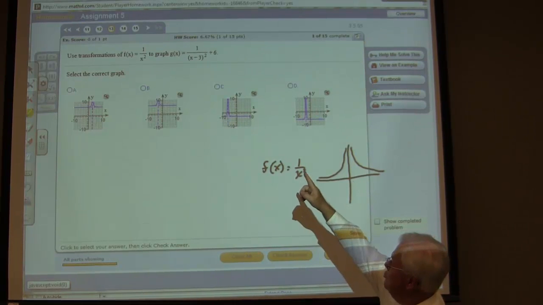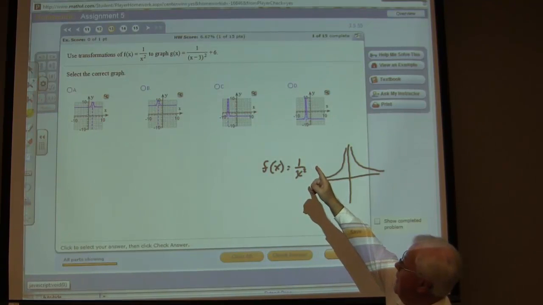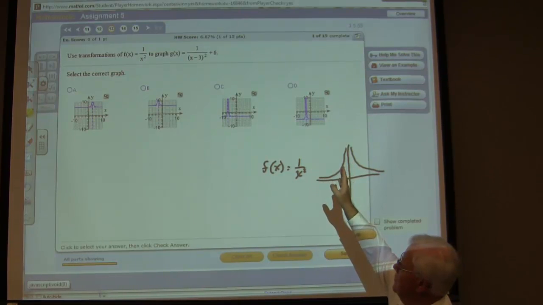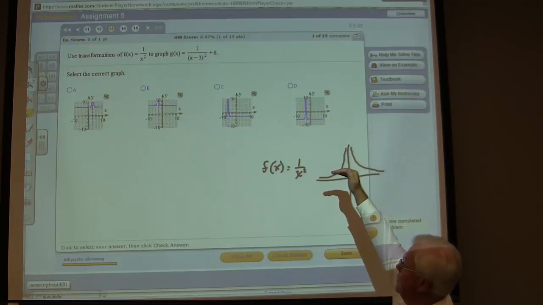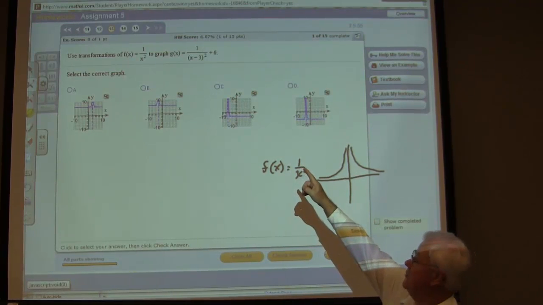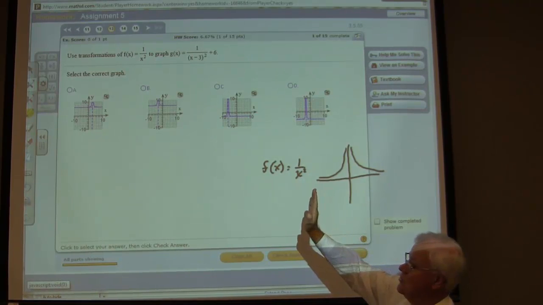Well, what does g then do to that? Well, notice the 6 on the right. That's added outside the fraction. So that's like it's outside the function. So that's going to move us up 6. The x is modified by subtracting 3 from it. If you subtract 3 from x, remember what you do. You move it to the